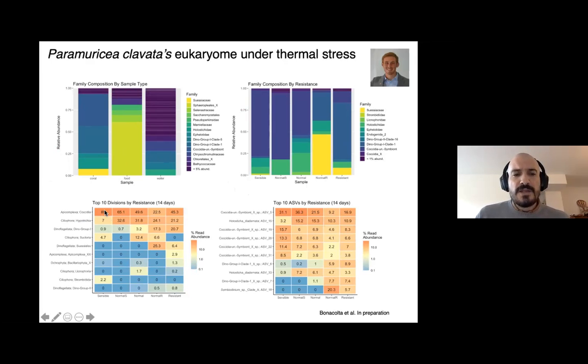So in the sensible colonies, the epicomplexans dominated the coral eukaryote, and then there was a shift towards coelids and, interestingly, towards a group of syndinians that are known to be parasites. So these are preliminary results, but it's very interesting because we are observing this trend where there is a clear shift in the microkaryotic population based on tolerance to heat stress.